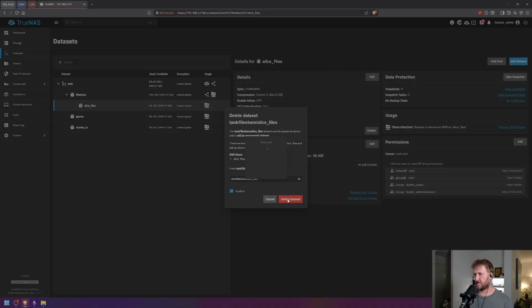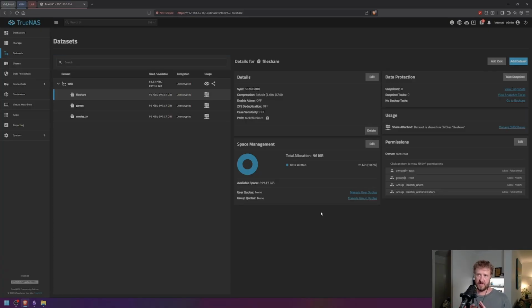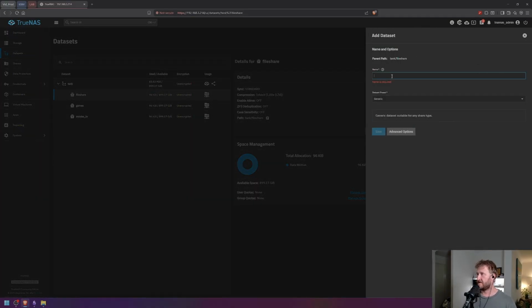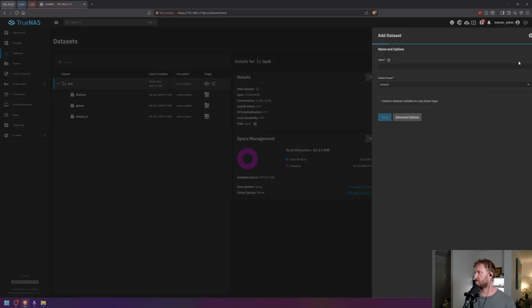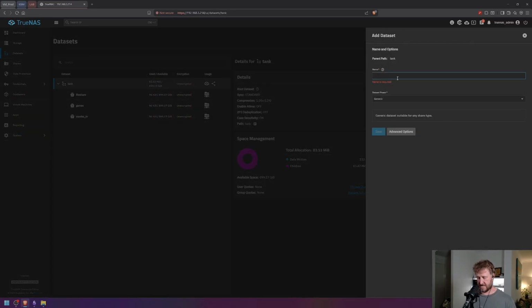So rather than do that, this is meant to be just a very high level overview of the main differences and the uses of having user accounts versus groups, and just setting them up, how the setup process goes in TrueNAS. And so, right, let's hit tank. We will go to a data set. And again, Alice has mentioned that she would like,